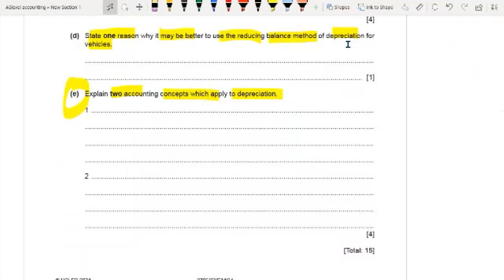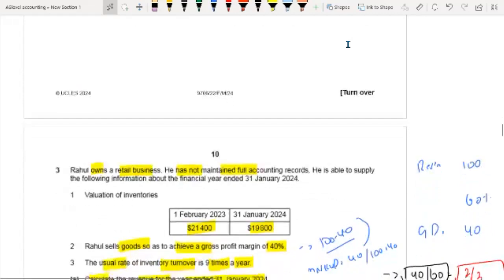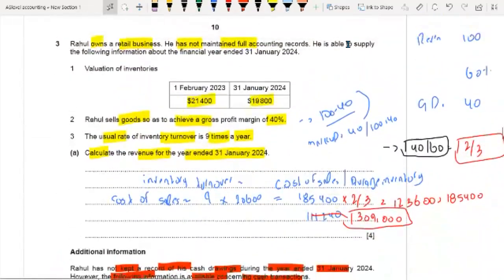And the second, the E part is: explain two accounting concepts which apply to depreciation. So we can say number one is the matching or accruals concept, which ensures that costs of the assets are matched with the benefits received in the same accounting period. And number two is the prudence concept, because it ensures that profit is not overstated, or losses should be provided for as soon as they are recognized, because depreciation is also a kind of expense for us. That's why we have to record it. Okay, so now let's see